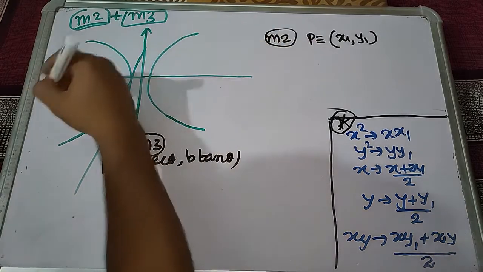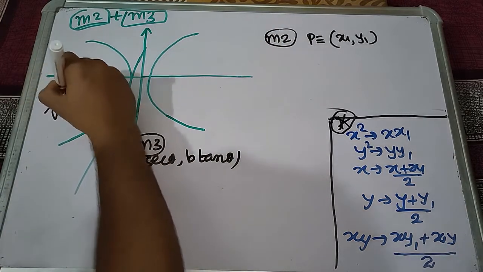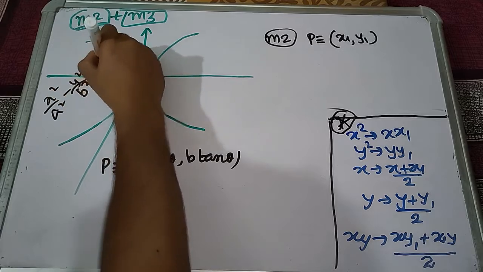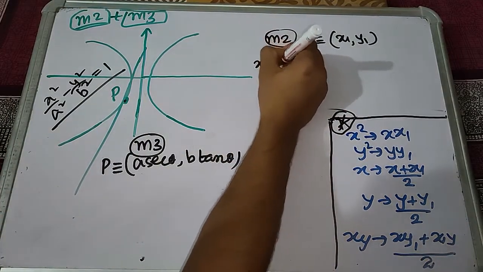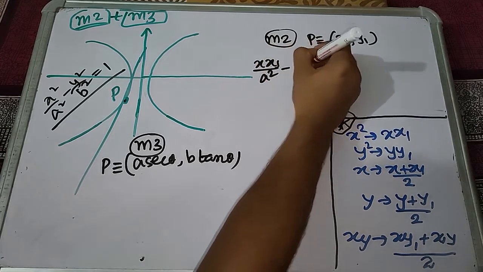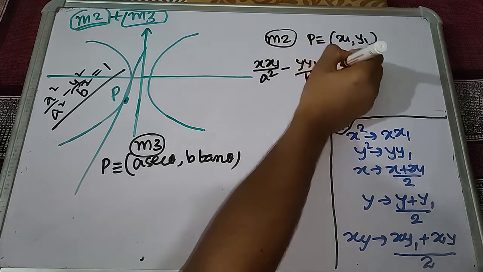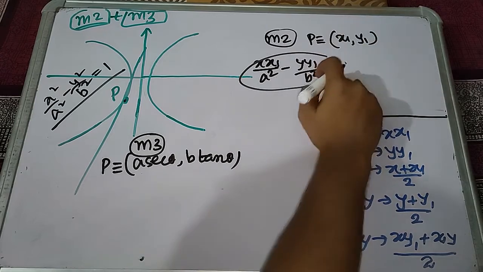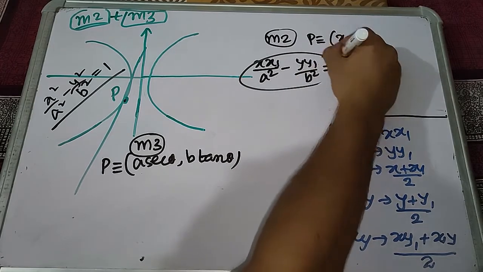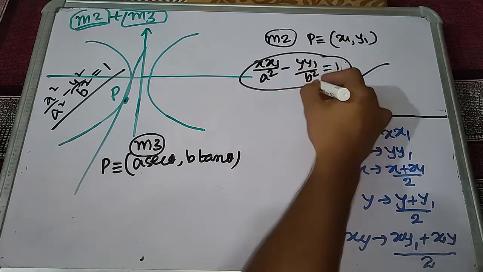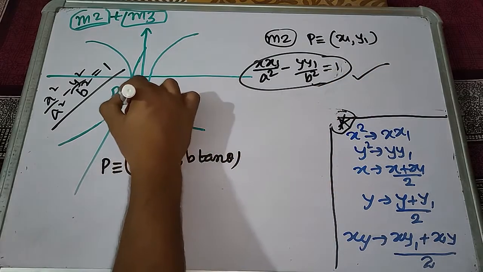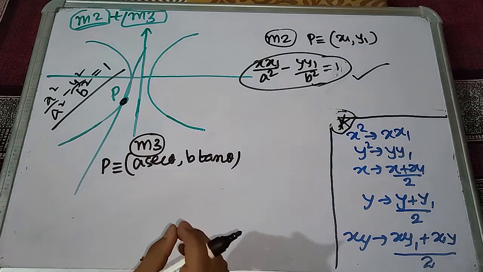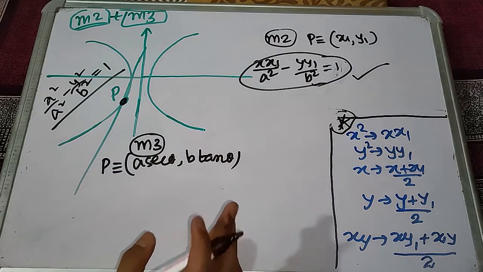So now suppose this hyperbola, let me write the equation x square by a square minus y square by b square equals 1. So what will be the equation of the tangent? x x1 by a square minus y y1 by b square equals 1. Just simple as that. That is your equation of tangent, if and only if point P lies on the curve. This point is very important. I can't emphasize it more.